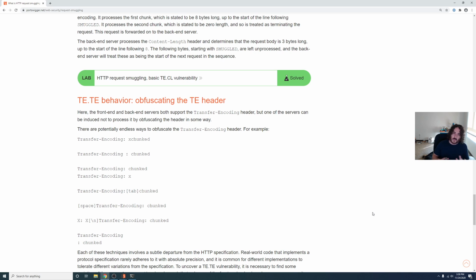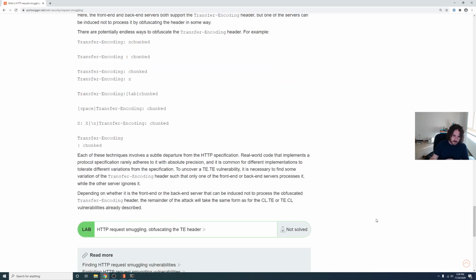It just comes down to what the server is going to support. Each of these techniques involves a subtle departure from the specification. Real-world code that implements a protocol specification rarely adheres to it with absolute precision. 100% true to that. To uncover a TETE vulnerability, it's necessary to find some variation of the transfer encoding header